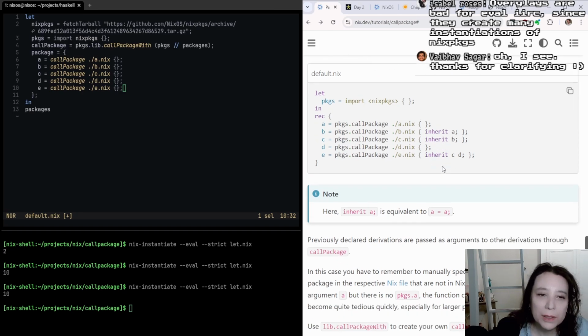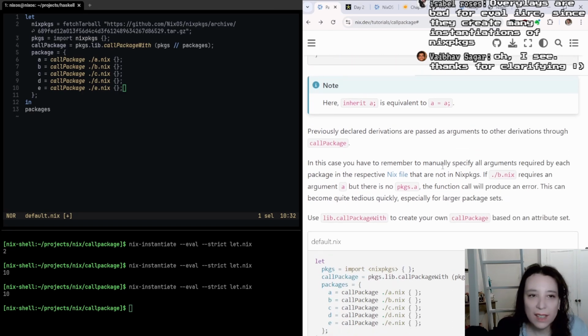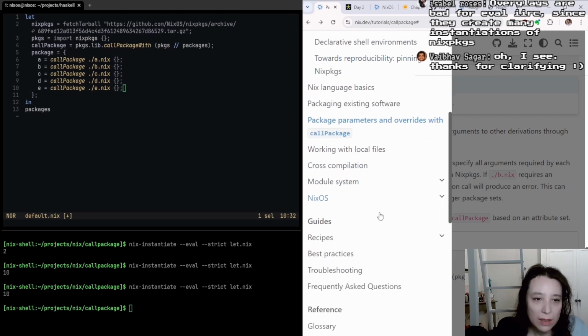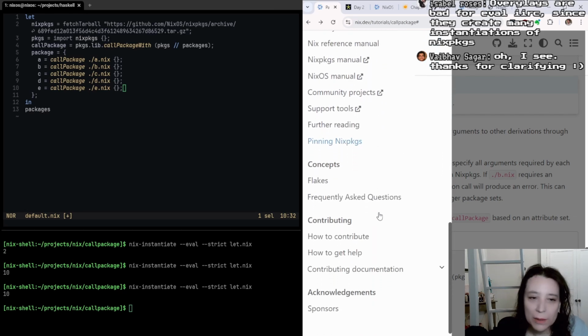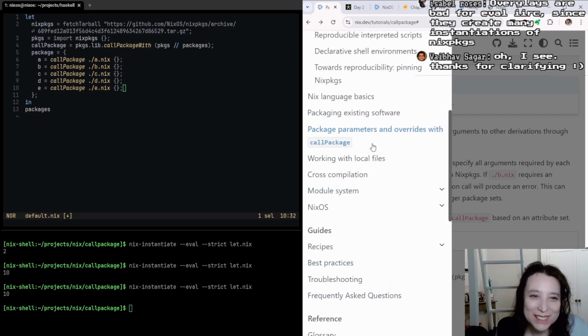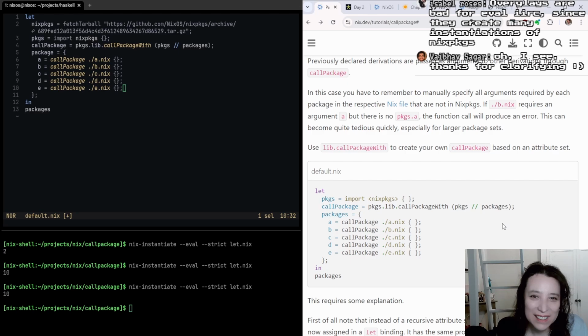Thanks, Isabel. I don't know what you said because I don't know what overlays are. Is that something we learn soon? I don't think overlays exist. It's not mentioned here. Where's overlays? Maybe it's in working with local files. Anyway,